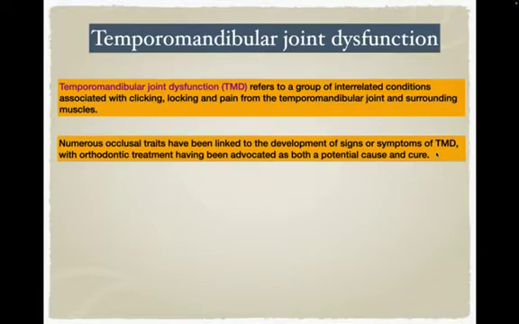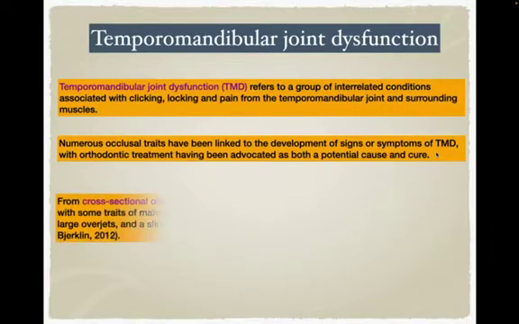So how is that? First, if a patient has a malocclusion and he's not treated, then there was a claim that this malocclusion can result in TMD. On the other hand, orthodontic treatment, for example, involving extraction and retraction of the incisors, will result in limitation of the movement of the condyle that will result in a TMD in the future. All of these are theories. That's not an evidence base. So the theory is that some malocclusion can cause TMD, and the theory is as well that some orthodontic treatment